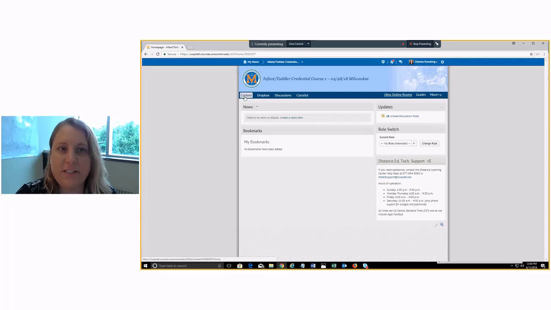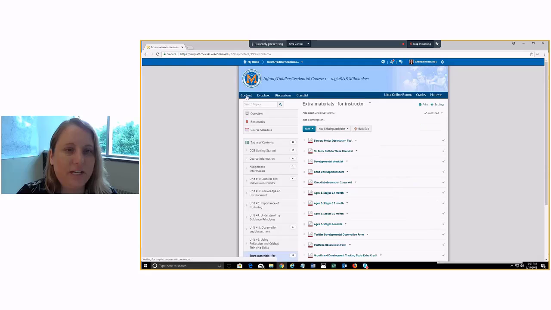The first button here is the content button, and so if you click on that, that will show you all of the assignments and readings that your instructor has for the course. And he or she may decide to open them up week by week so that you're just seeing the current week's readings and assignments. And they typically will organize them weekly with the due dates each week as well. So you have a little bit of flexibility throughout the week to work on it when it meets your schedule.